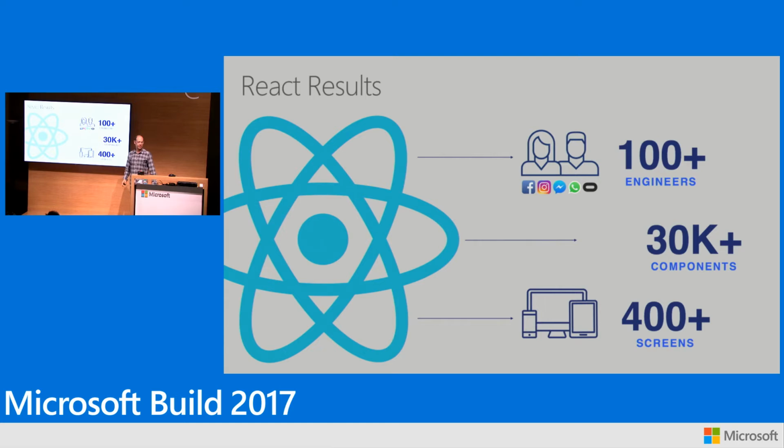So React has been really successful at Facebook. It's really helped us move faster at Facebook. We have hundreds of developers who write React every day, tens of thousands of React components checked into our source tree. And in our core apps, in Facebook, the app, we have hundreds of screens that are delivered using React Native. And I wish I could tell you that's the end of the story. We're about done, and everyone just use React Native and go home. Unfortunately, we're not quite there yet. And a big part of the reason why adoption of React Native isn't completely universal yet is because